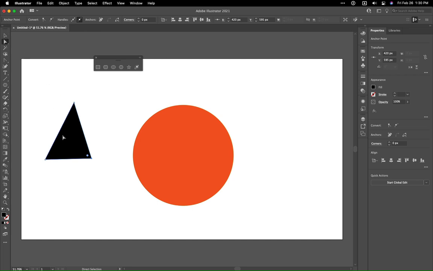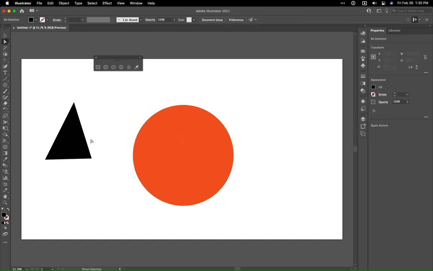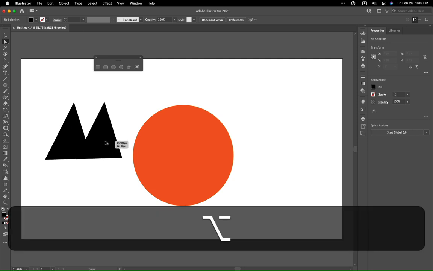Another thing that's really cool is I could, if I wanted to make another one of these, and we're going to make sort of a pumpkin here, if I copy and paste, I can make another one. But another really awesome feature is if I click, and while I've clicked and have something selected, you can see I can do this with either the direct selection, the black or the white arrow. It's going to just turn into a black arrow. If I hold down Option, I can make another